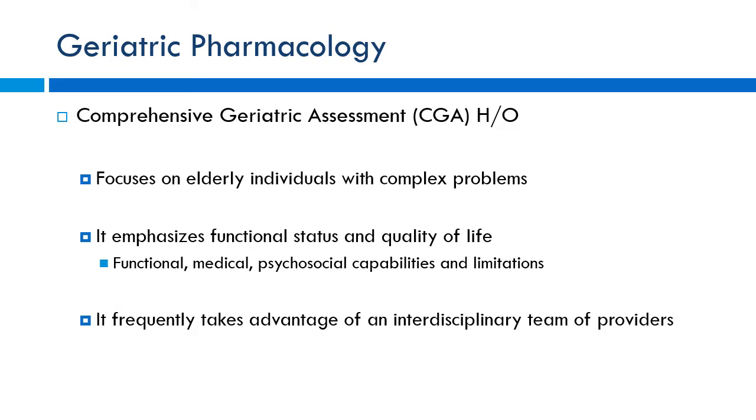So the thing to talk about here, we're talking about some physiologic changes that occur with your elderly patients in life a little bit later on. But one of the first things you have to do is assess your patients. So I'm going to focus on a couple of things that can help us out from the drug standpoint when you're assessing your elderly patients. Basic things you're going to be looking at is functional ability. You're looking at things like,